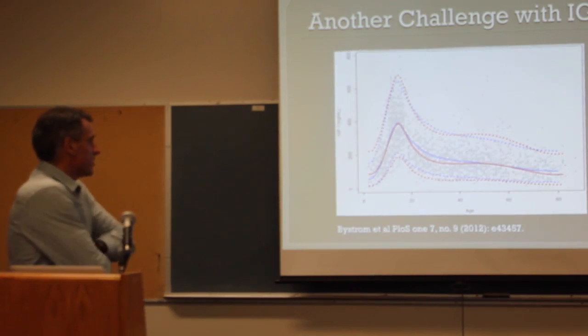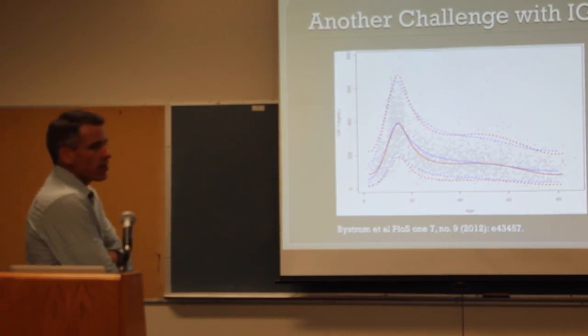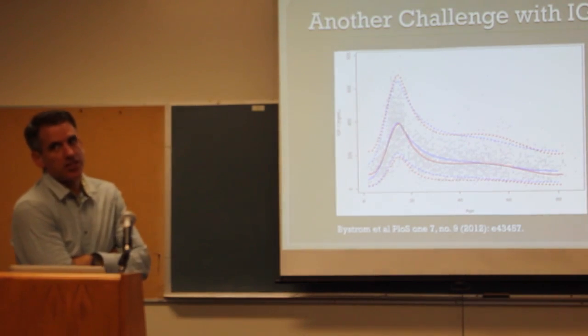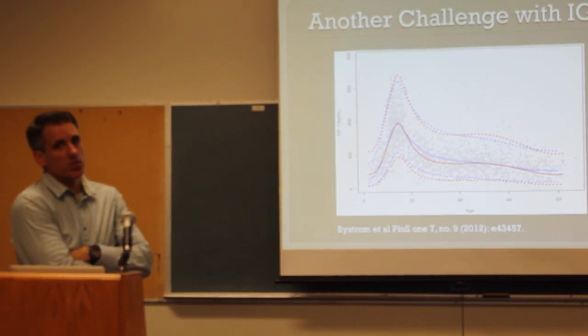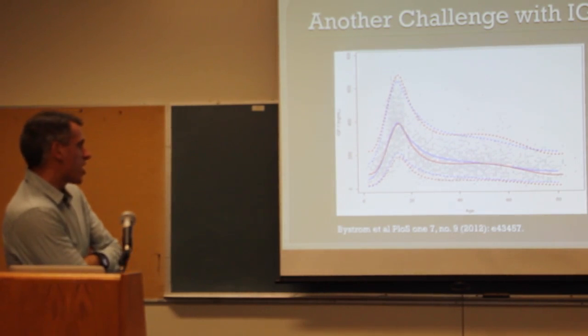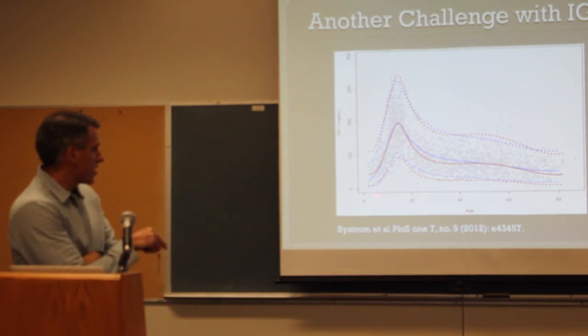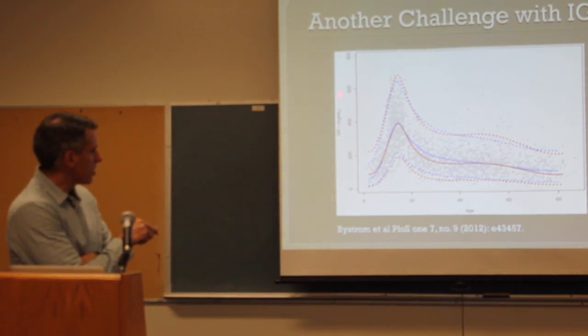Now, this is to convey to you that it's really hard to get a normal range for IGF-1. That's one of the things that's a big pain in the neck for this assay. IGF-1 changes its concentration a lot with age. Down here we have kitties, and what they've done is plotted IGF-1 concentration on the y-axis versus age on the